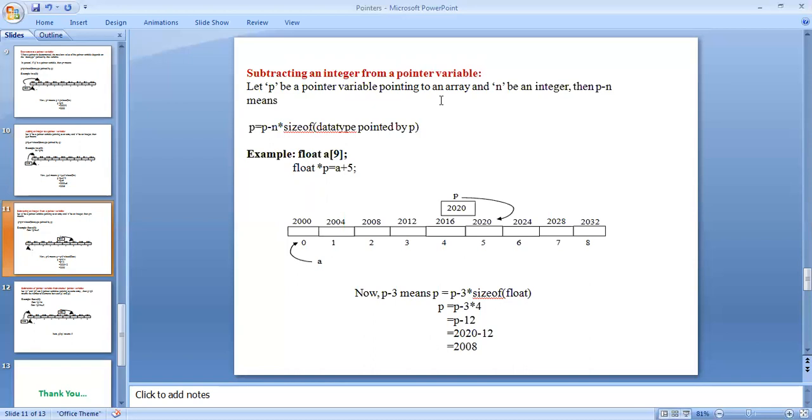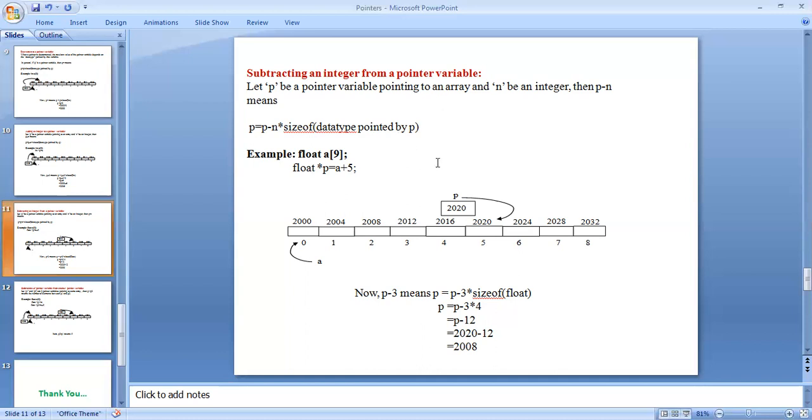Then P minus n means P is equal to P minus n asterisk size of data type pointed by P. For example, with the float primitive data type, A of size 9, float pointer variable P equal to A plus 5.